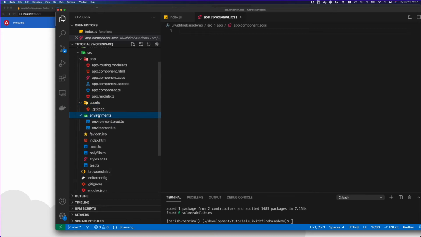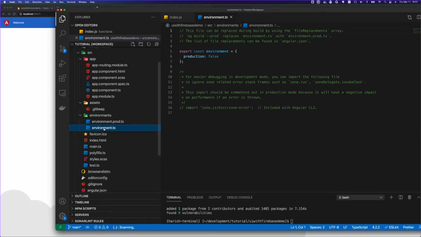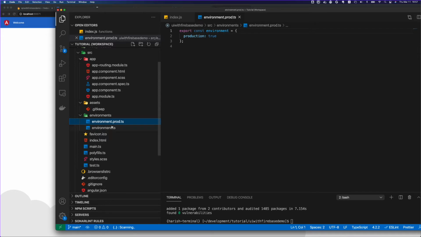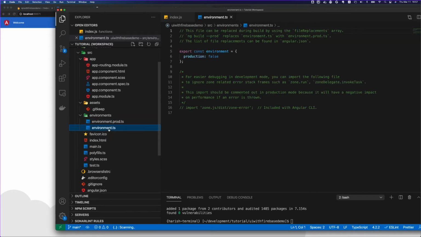Then we have the environment folder. In the environment folder there are two files: environment.ts and environment.prod.ts. environment.ts is the environment file which you use when you are doing local development, and when you are running it locally, this is the file it's going to use.